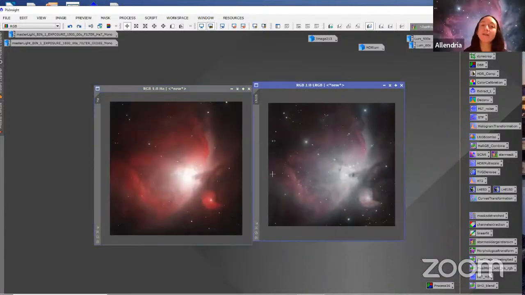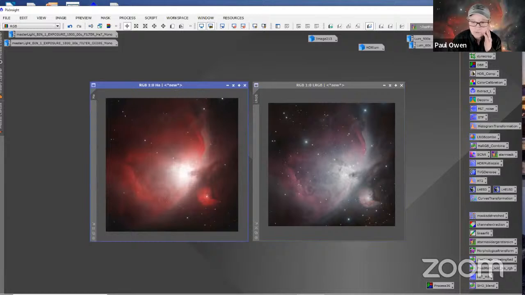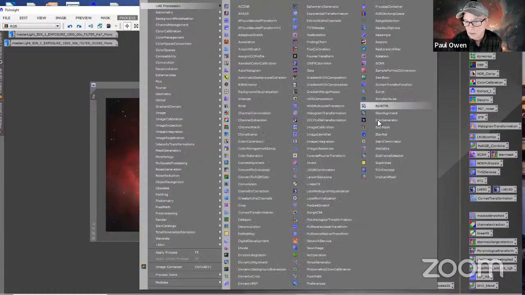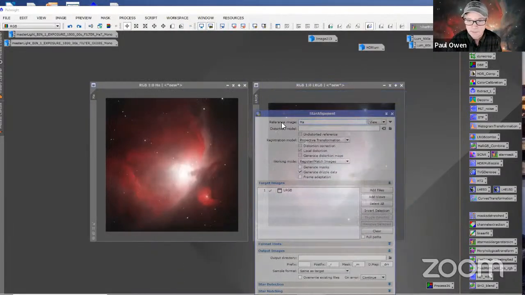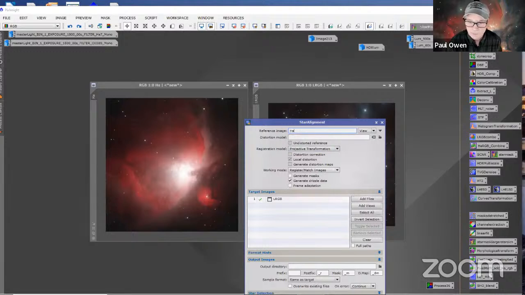If everybody follows the same steps that you did, then yeah, it will work. There's no question. I'm just going to try this one more time, and if this doesn't work, then I'm just going to pretend that it did, and then we'll show you the other stuff we were going to do in Photoshop. Okay, so let's just try this one more time. I need to register this with this. So all processes, star alignment, and we need to register this image, which is the LRGB,